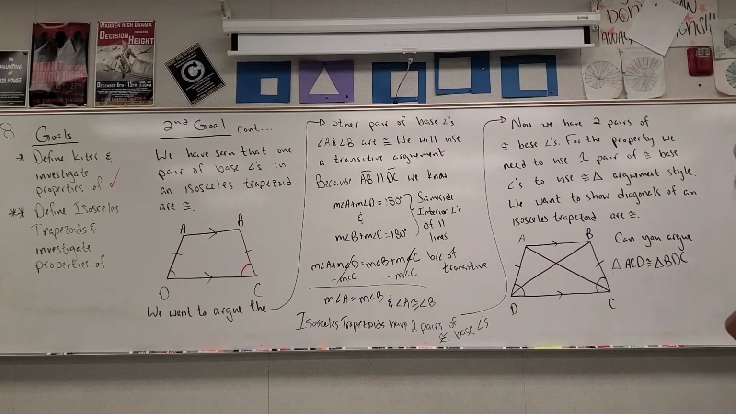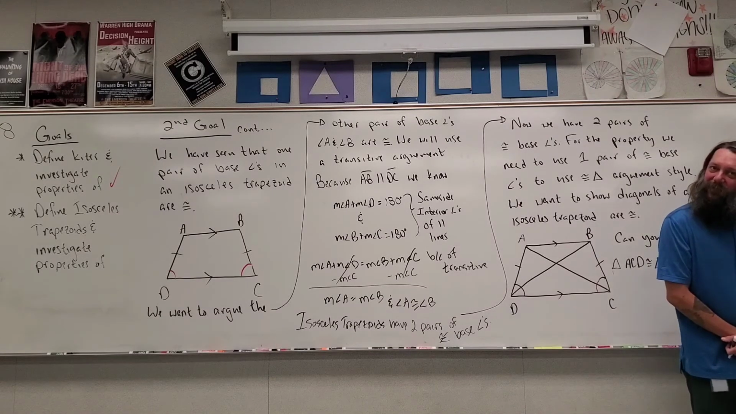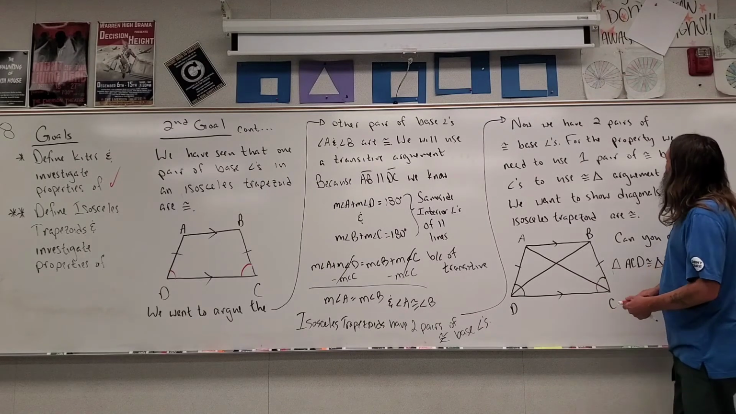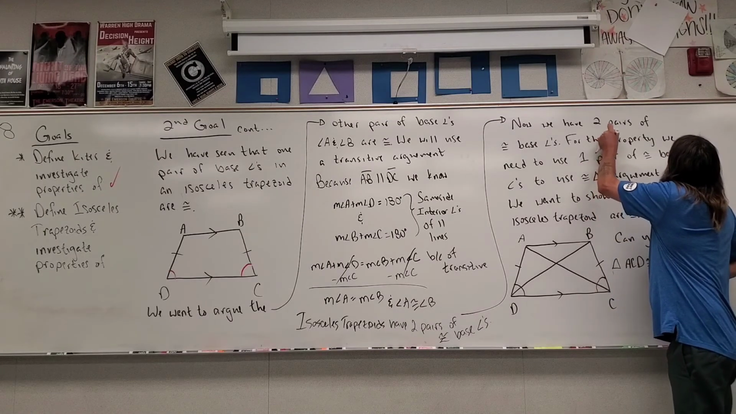Now I have two pairs of congruent base angles. All right. So whenever we have an isosceles trapezoid, we know we have that property. Okay. For the next property, my grammar is so good. For the next property,